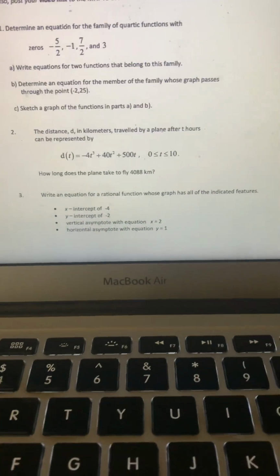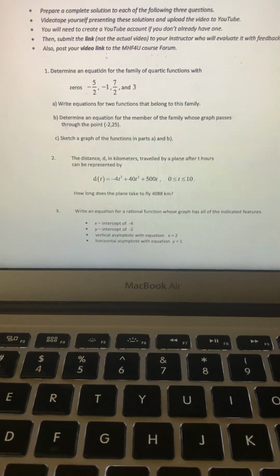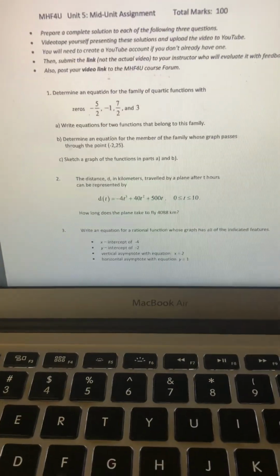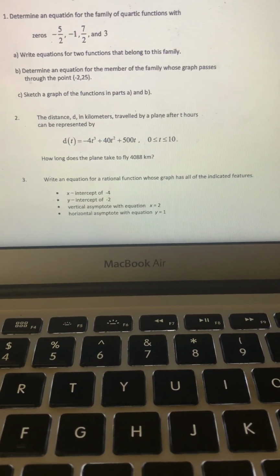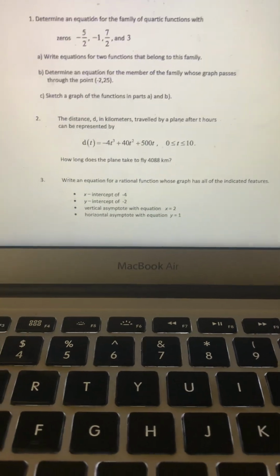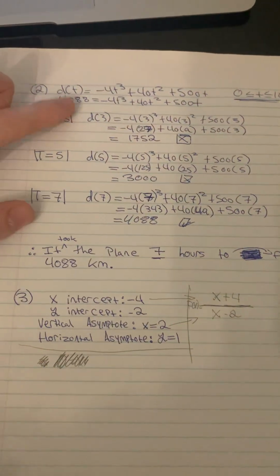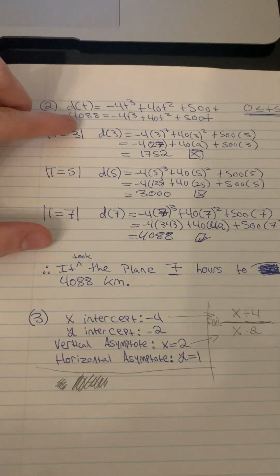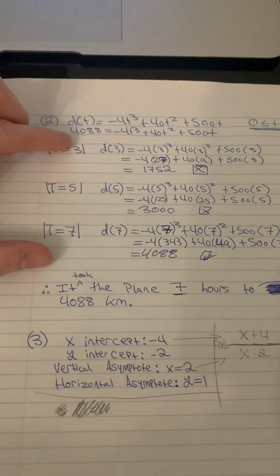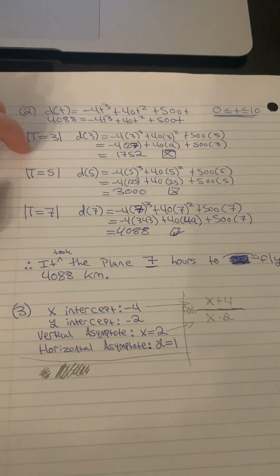Question 2 asks, the distance d in kilometers traveled by a plane for t hours can be represented by d at t equals -4t cubed plus 40t squared plus 500t, where 0 is less than or equal to t and t is less than or equal to 10. I have my function right here, the original function that was given to me. I substituted 4088 for d, and at that point, I just started doing guess and check with certain